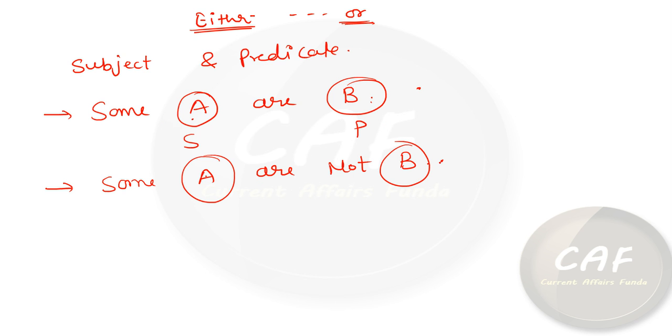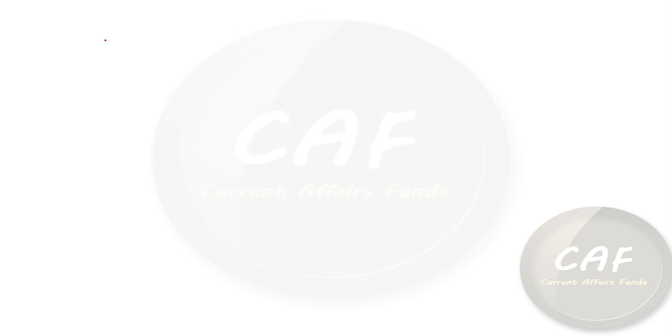And friends, the second condition is that both the conclusions should not follow. If one of them follows and the second does not follow, then you cannot use either-or. Either-or will work only in such cases where all the conclusions do not follow, that means they are false. The third thing is some basic rules. The other name of either-or is complementary pair relation.